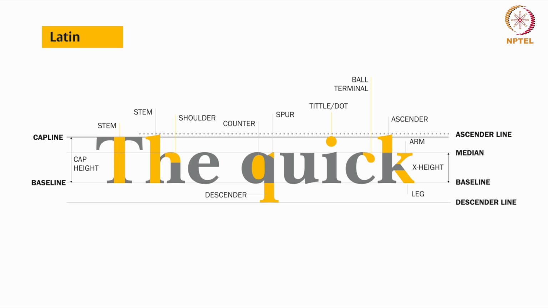X height is defined as the height of the lowercase letters from the baseline to the top of the letters. Here there is no x, but this is the x height. So basically the height of the lowercase letter. X height affects readability, especially in smaller text. It determines how tall lowercase letters can appear. When you have a higher x height, that means you have a possibility of having bigger counter spaces, right? This is a counter. And when there is a bigger counter, you have the opportunity to reduce the size and still have the counter visible on the page or screen.